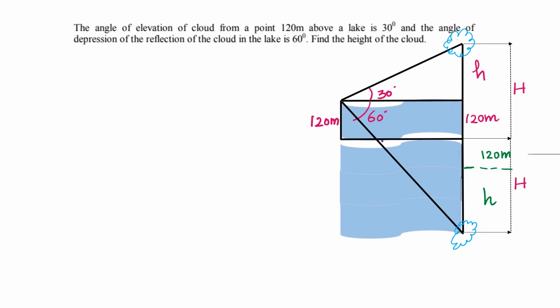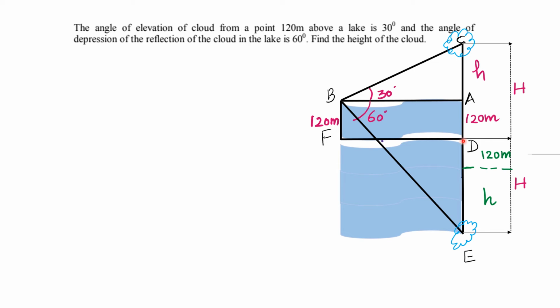Now we'll give names so that it will be easier for us to spot. I am going to name these A, B, C, D, E, F. Now you see this is cloud C. This CA is the height, and that is what we have to find out.